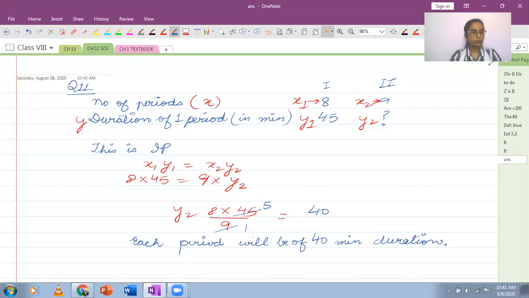Anyone who has any questions? This completes your chapter number 13. I will send the assignment from this chapter, and there is a test of your class on Friday. So I will just send the timings and the syllabus along with the assignment of this chapter later on. And after this, we are going to start with chapter number 1.